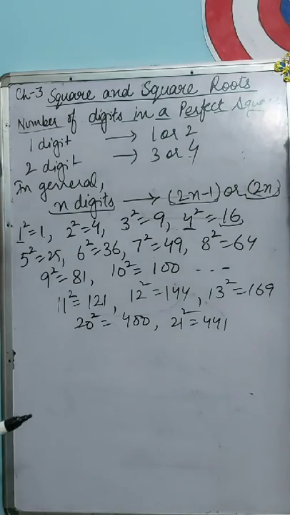Now students, your homework is to note down that you all have to read page number 43, some important facts about square numbers. You are going to read those things. Those points are very easy, very simple. 3.1 is not in our syllabus. We are going to discuss some examples of 3.2.